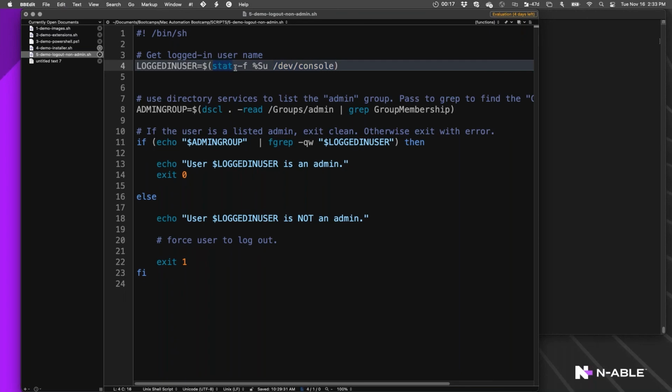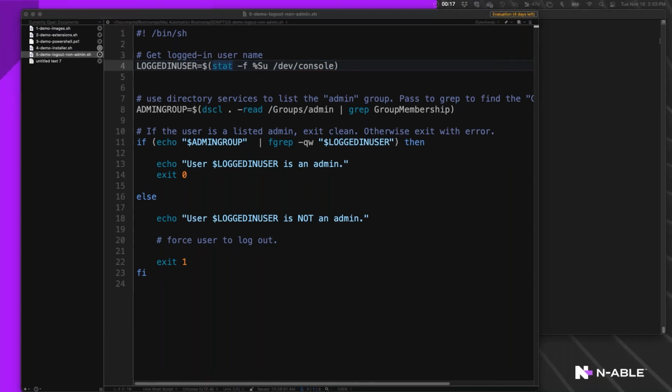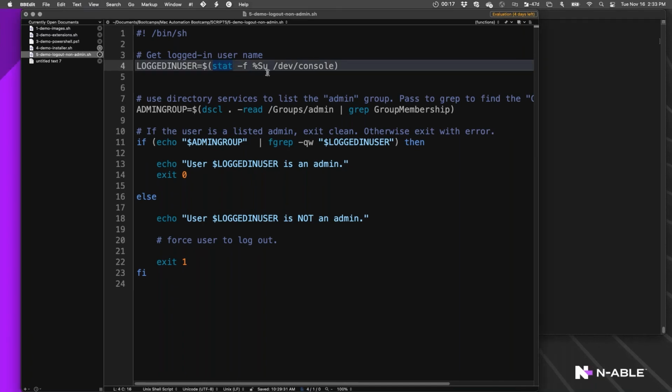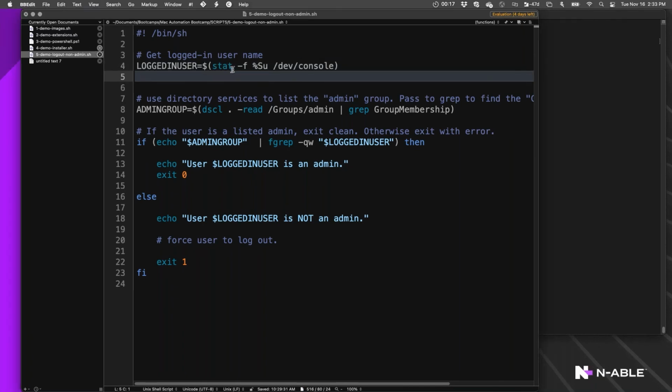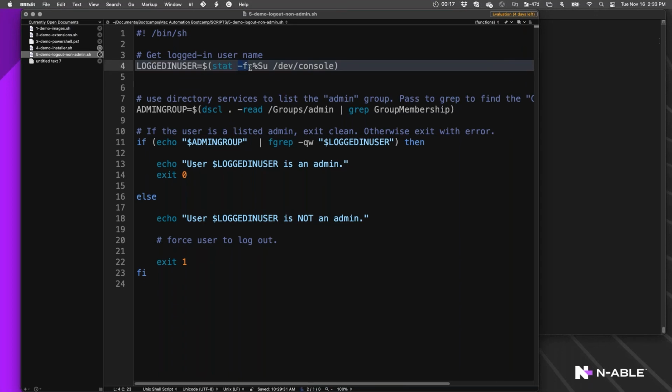So stat is a way of getting status for files and directories, things like when it was created, whether it's readable, writable, that sort of thing. And what we're going to do is see if dev console exists and is owned by a user, it will be returned in this variable, logged in user.